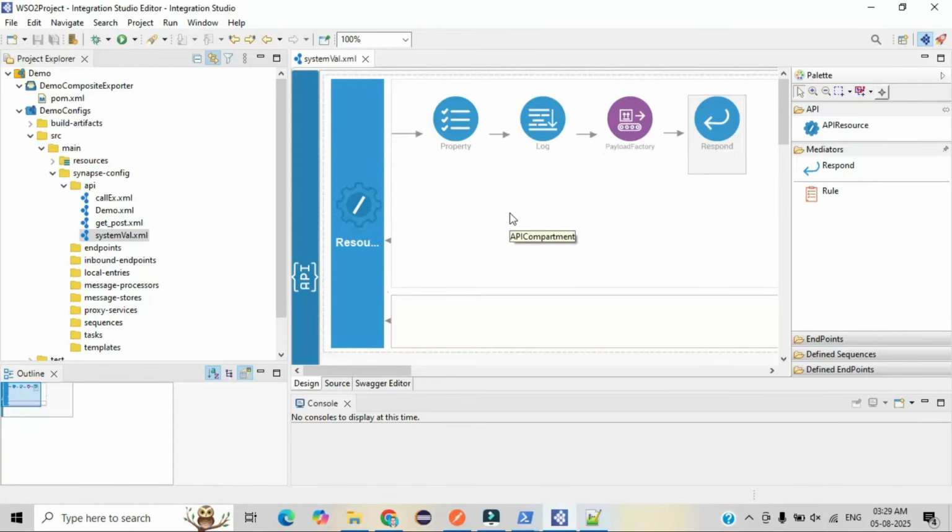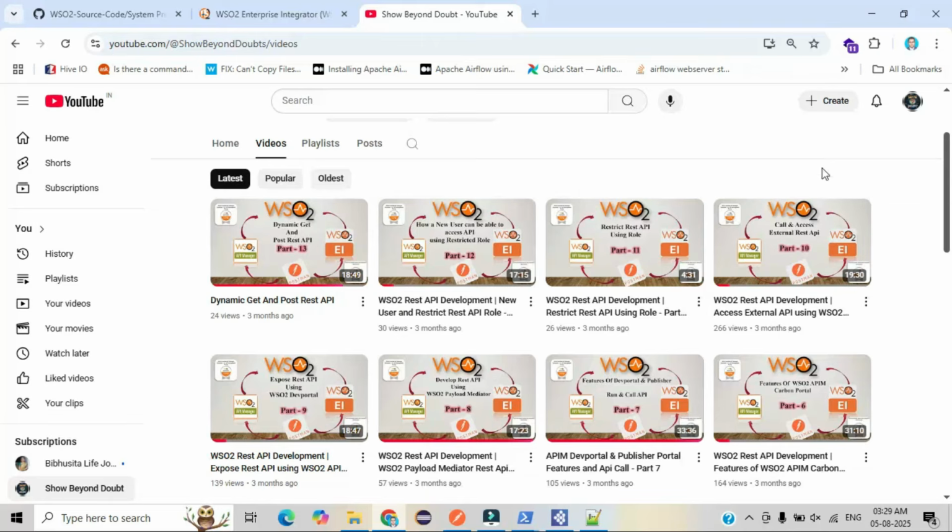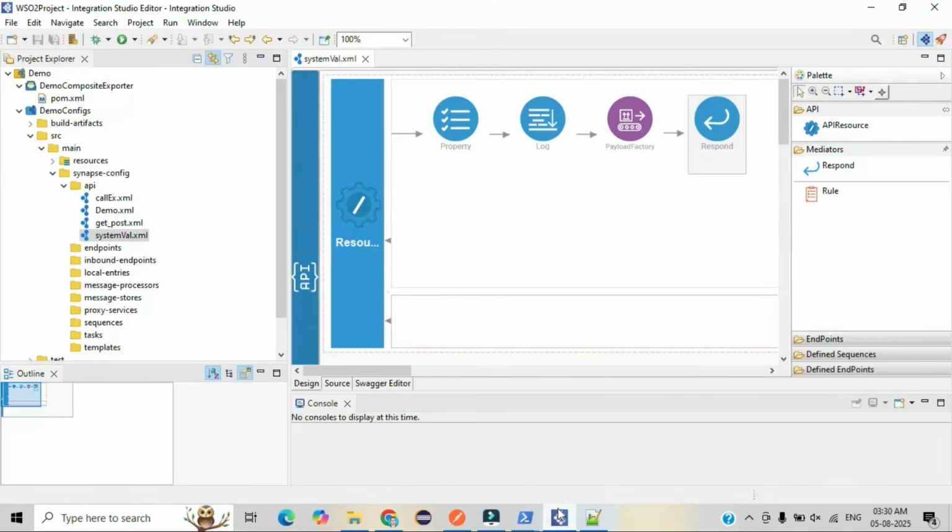This is one sample, I'm just dividing it step by step. For example, if you go through my channel, I'm dividing it step by step: call and access external REST API, how to do; restricted REST API using role, how to do this; how to create a new user who can access our restricted role, dynamically. And for making this division of the video, it's easier for you to understand how WSO2 works and how the APIs call each other and how we are building our own custom API. So this is just separating. At the end of this series, we'll combine everything and we'll build